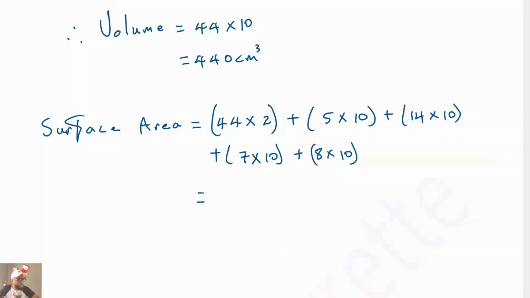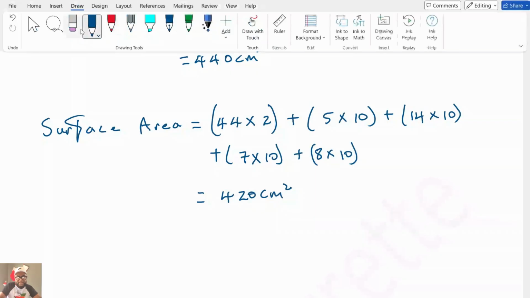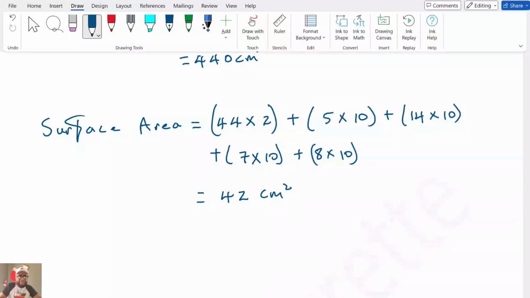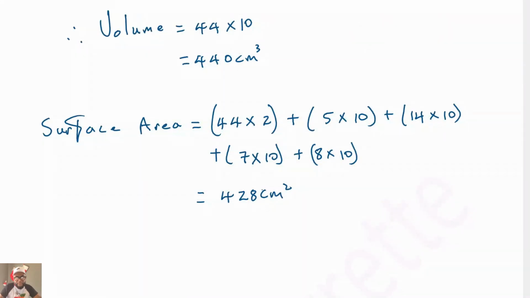So what's my total surface area here, my children? 428 centimeters squared, right? Somebody second that. 428. Proper thing. Right? So guys,